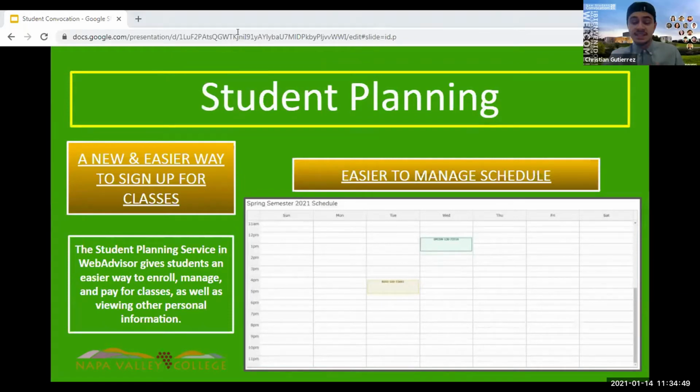All right, you guys. So in this section, I'm going to be discussing student planning. When I first started attending here at Napa Valley College, signing up for classes was a pretty tedious process. You would have to literally get a piece of paper, draw out your entire schedule, and write it all by hand, and it was very